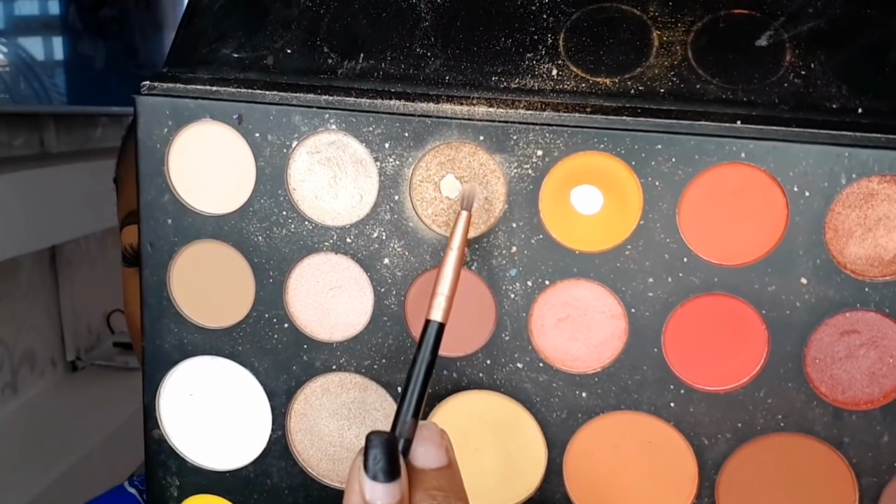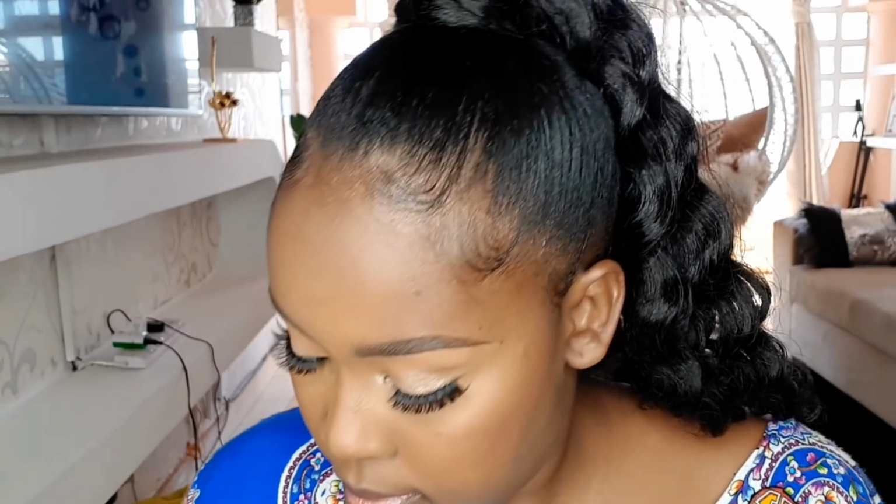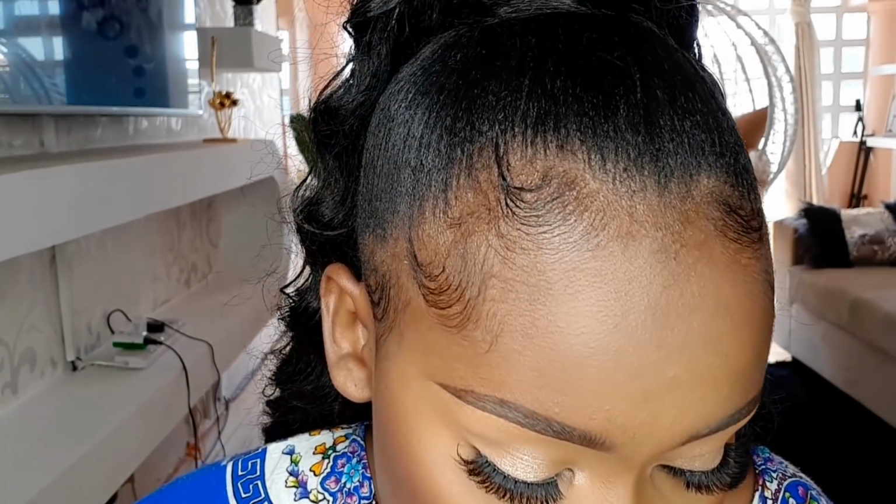And I am using an eyeshadow to highlight as well. Oh my god. So if you don't have highlighter, don't worry. You can use a gold shimmery eyeshadow to highlight. Just don't use too much product. So I'm going to highlight around the bridge of my nose. And then,